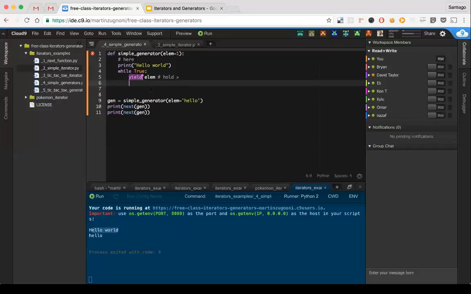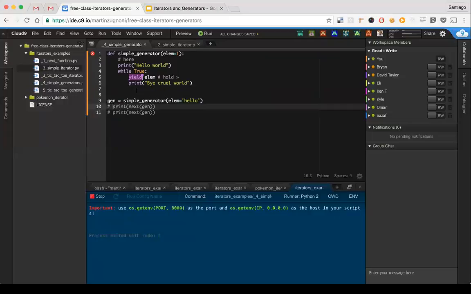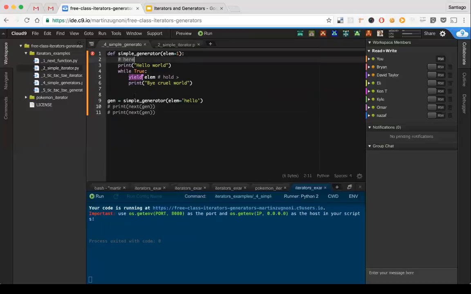So for example, if I put another print statement here, and I have just one next, exactly what I told you. Let's start first with this one. The first stopping point that a generator has is when it's first constructed, right here. It's constructed, Python has evaluated this whole block, it realizes it's a generator, it's not executing it, it's just waiting there. Whenever you invoke the first